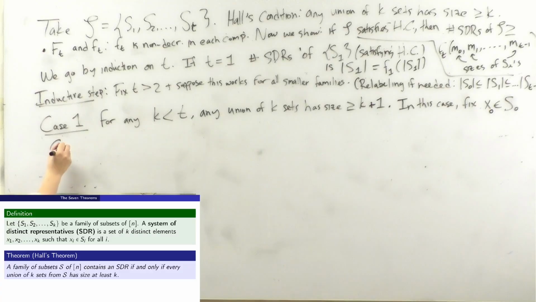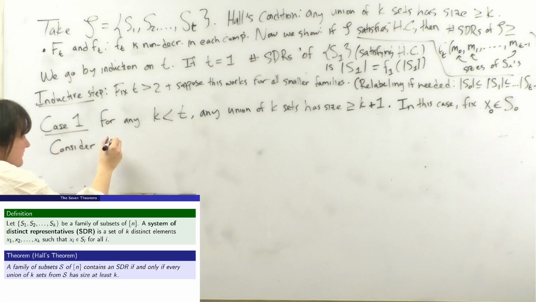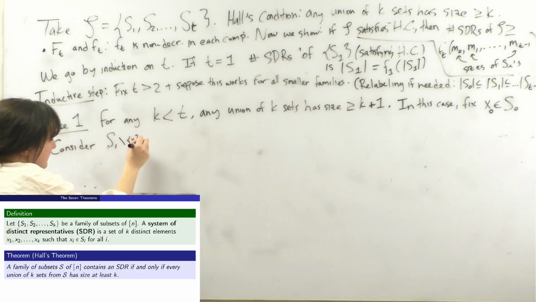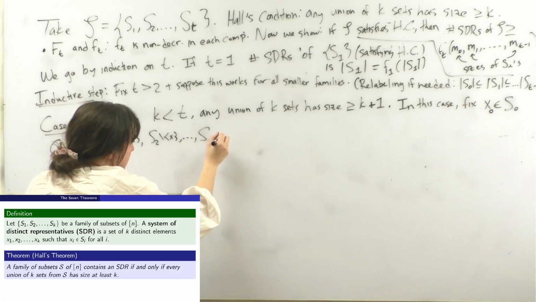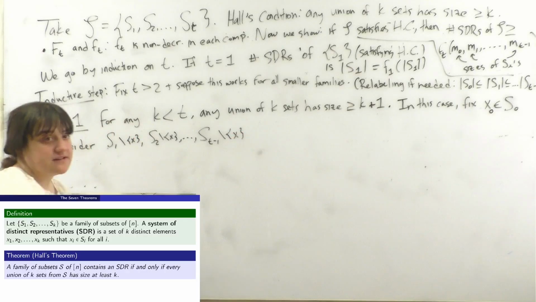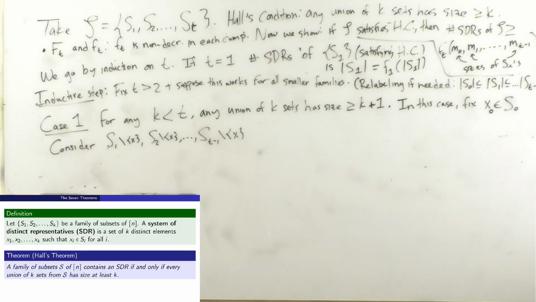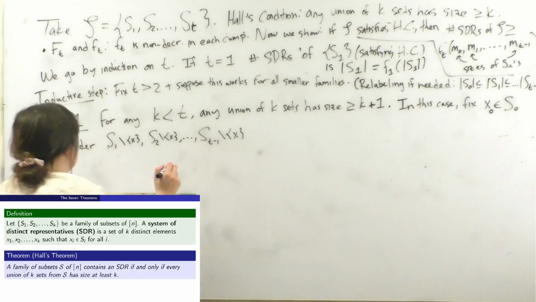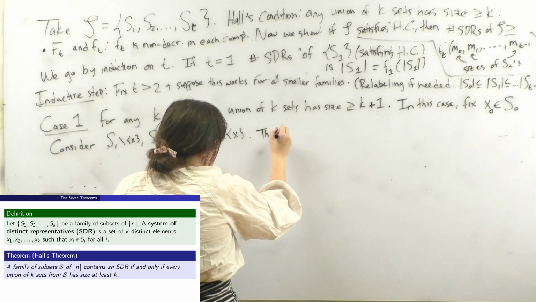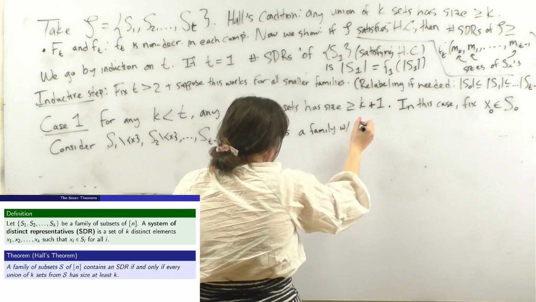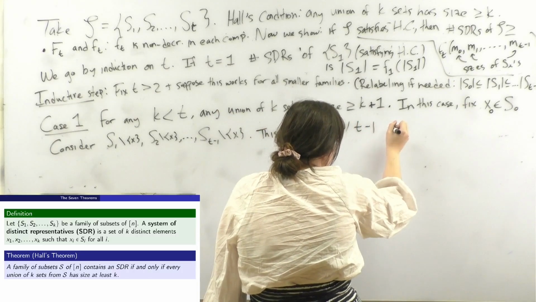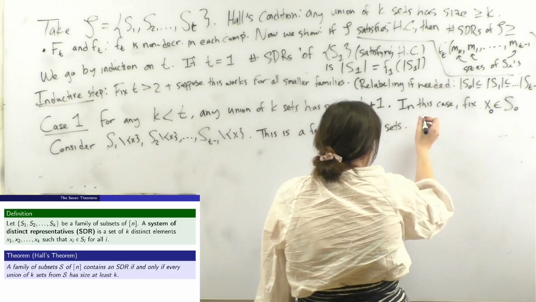And now we consider S1 minus X, S2 minus X through S(T minus 1) minus X. Okay, this is now a smaller family in terms of the number of sets that I see. I have T minus 1 sets in here, and